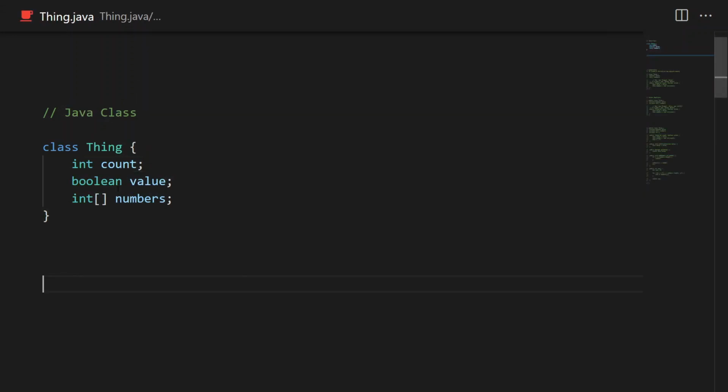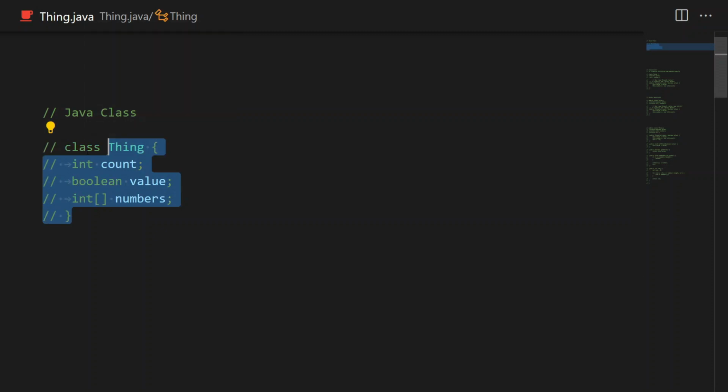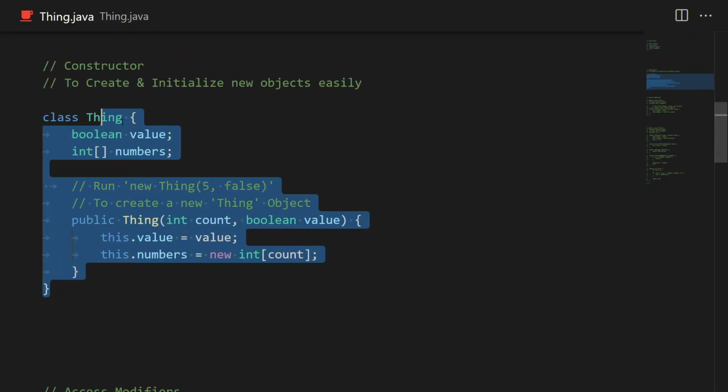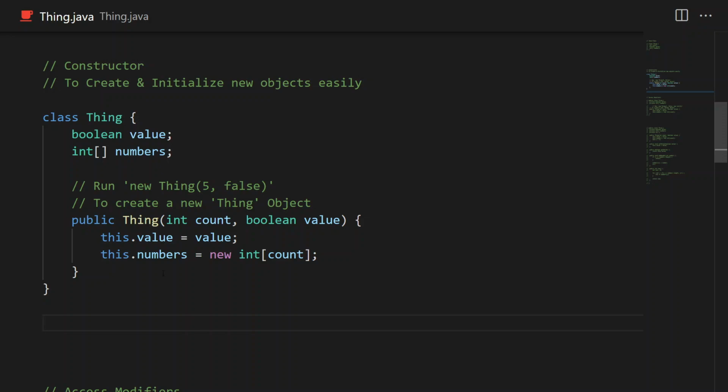So what Java allows you to do is create something called a constructor. And what this constructor allows you to do is, first of all, Java handles all the allocation rather than needing to manually allocate this memory, and it allows you to specify how exactly you want this object to be